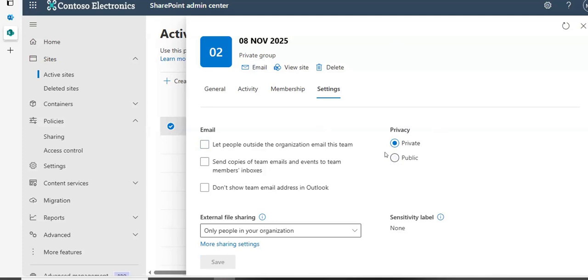So in this case, when you set it up as public, it will be visible to everybody within the organization, not outside the organization. Yes. So this option lets people outside the organization email this team. It means if the site has been shared with users outside the organization,